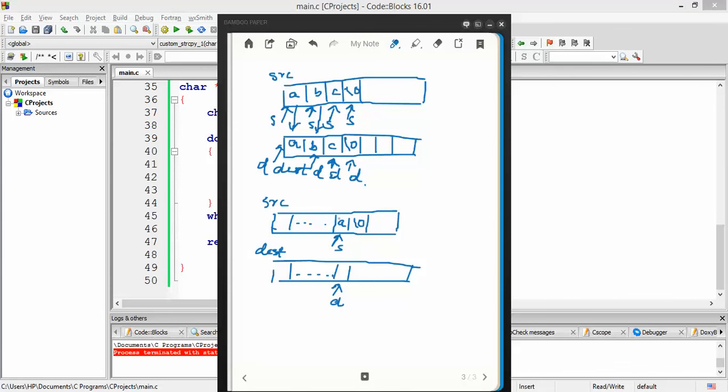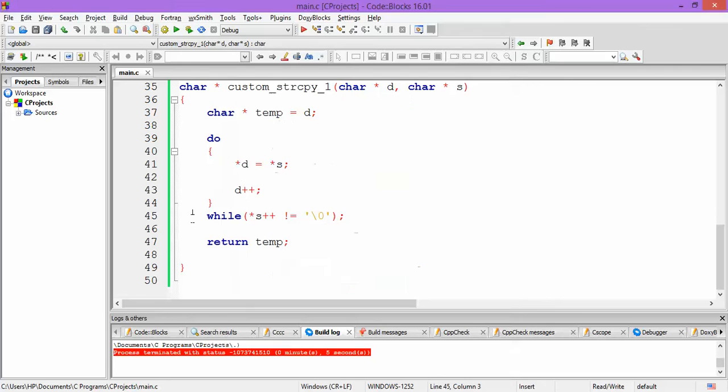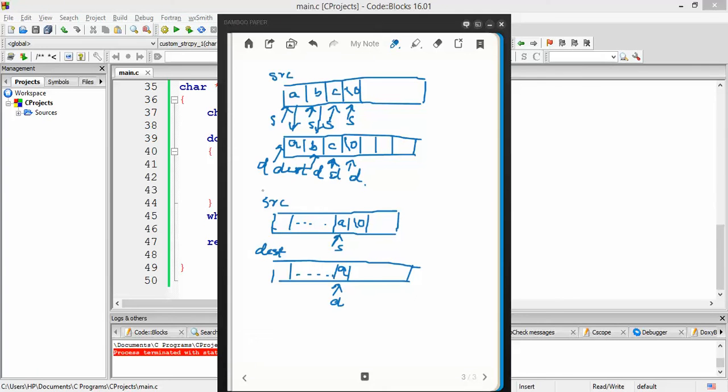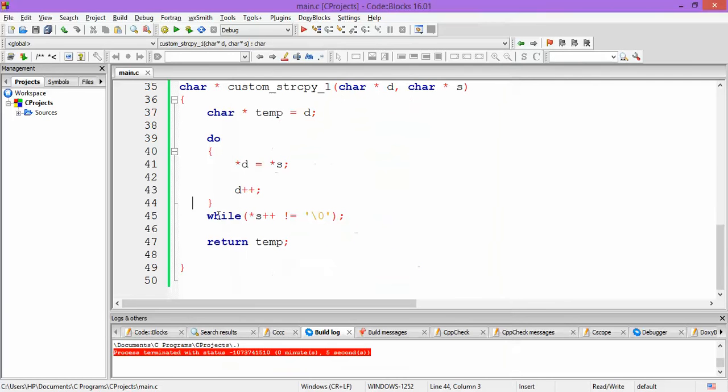That means a would get assigned to this location, fine, and then d would get incremented. So in this loop we have d plus plus, so d would get incremented. So let us increment the d to the next location, and now the check would be done.